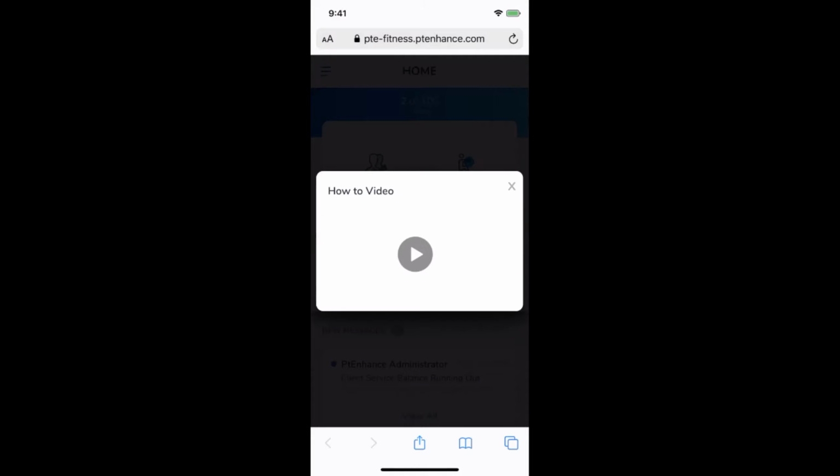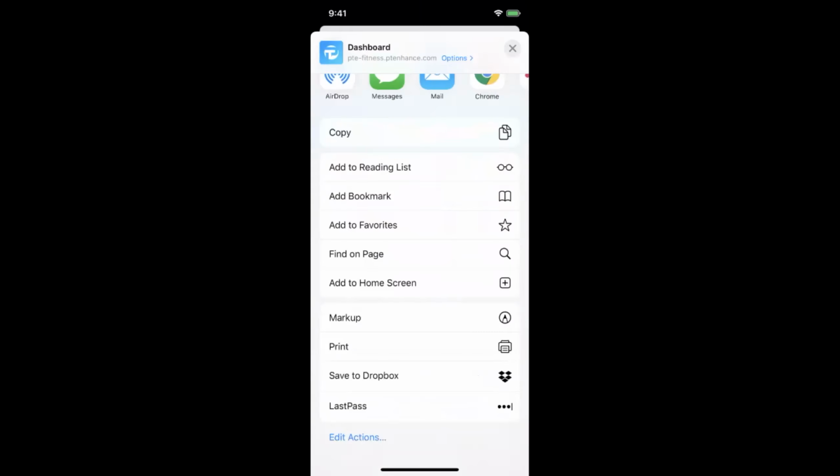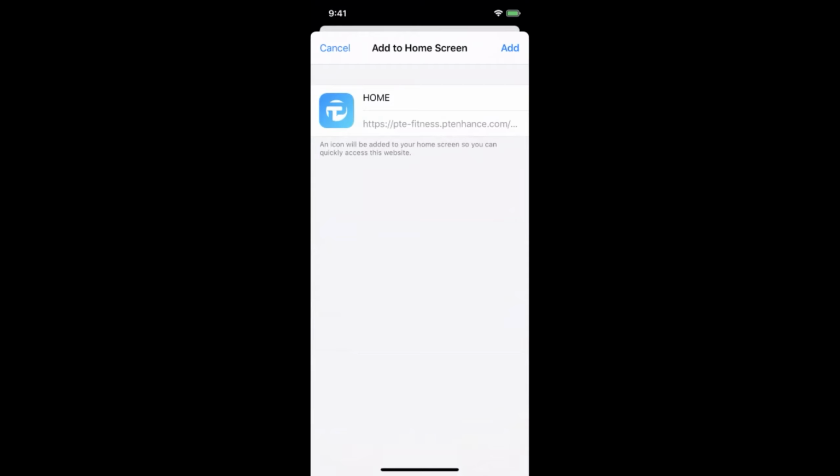So once this app's here, I'm going to close out of that. You'll notice down here, this little square with a little arrow coming out of it. Once you click on that, it's going to pop up a screen that looks like this, okay? And you're going to see right here, it says add to home screen, that little plus, okay? So once I click on this little plus icon, add to home screen, I can change this to whatever I want. If you want to put home or PT Fitness, whatever your business name is, I'm just going to leave home. Once I click add at the top right,